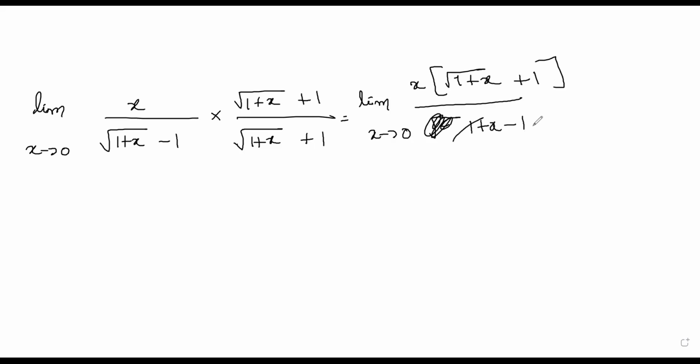So x gets cancelled. Very good. After that, you can cancel x and x, of course. Then when you substitute x equal to 0, you get root 1 plus root 1, so we can cancel. That is 1 plus 1, that is 2. So root of 1 plus 0 plus 1, which is root 1 plus 1. Right? Clear? Okay.